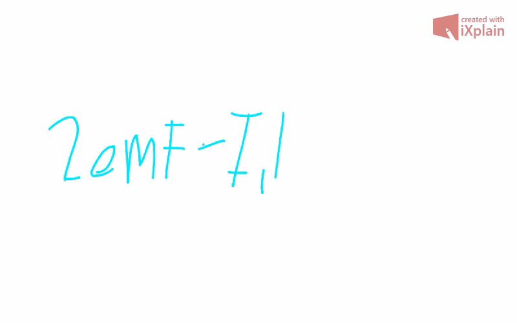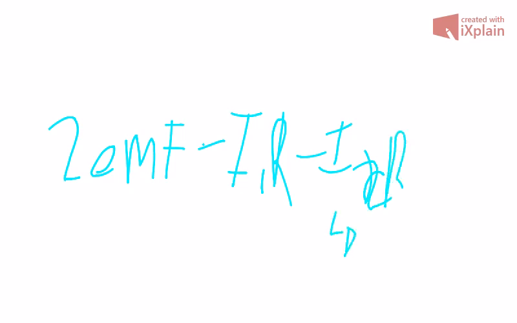Expanding on this, we have 2 EMF minus I1R, which is the delta V for the outside bulb, and then minus I2R, which is the delta V of the bulb with the different resistance,